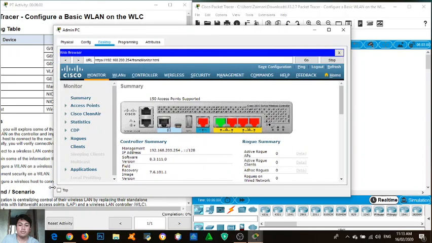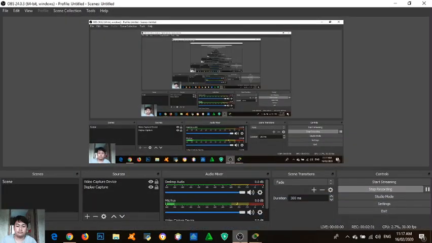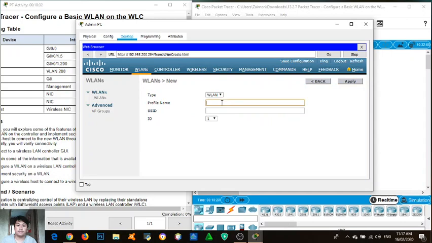The next thing that we will do is we're going to go to the LAN. I think this is the LAN. Okay, so let's click this, go. Create new. For the profile name, we're going to put employees. Then for the SSID, we're going to put